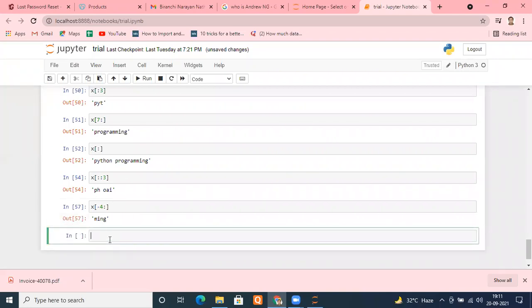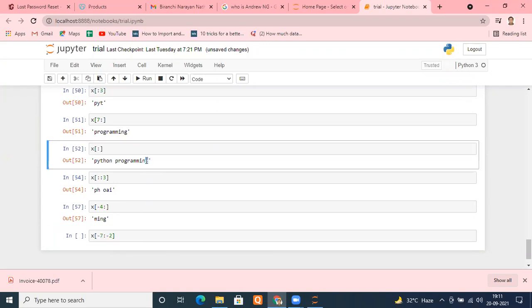Another thing we can do. For example, I took -7 colon -2. So what is going to happen? You can understand yourself. From -7, where is -7? -1, -2, -3, -4, -5, -6, -7.